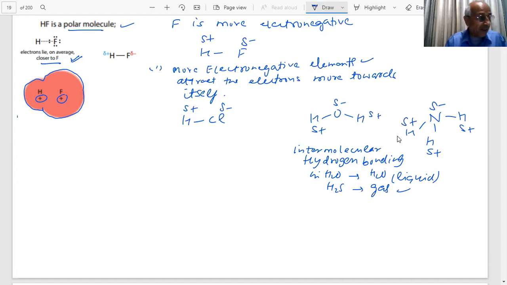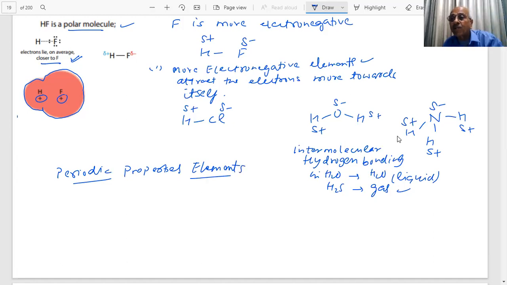And you see, now the electronegativities. What is the meaning of electronegativity, student? What do you mean by electronegativity? Which is more electronegative, which is less electronegative? You know already in the periodic table, when we studied the periodic properties of the elements, we showed you how the electronegativity varies across a period and down the group. Can you tell me what happens to the electronegativity if I move across a period?